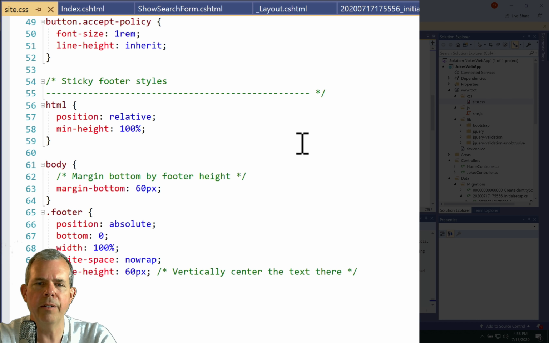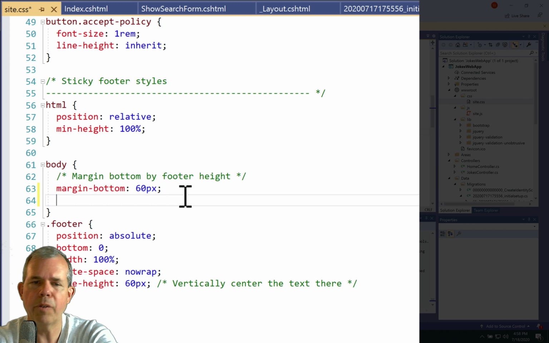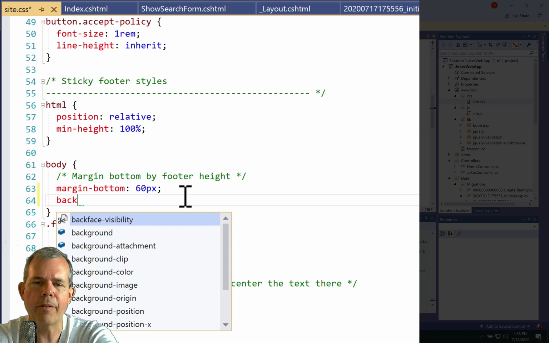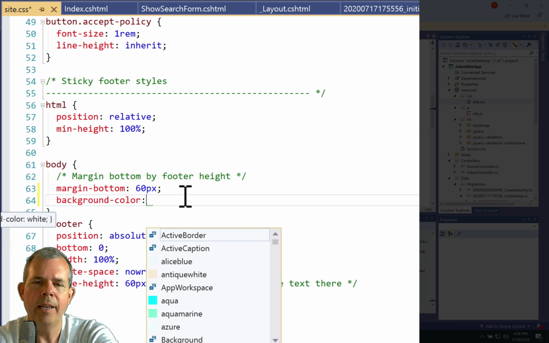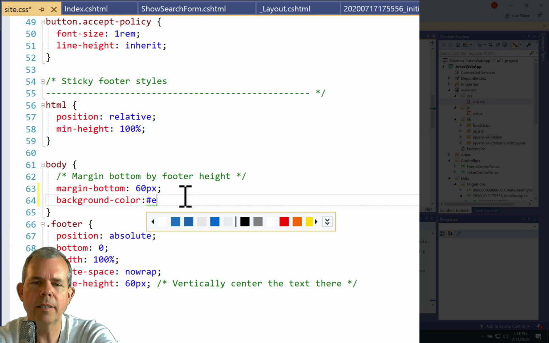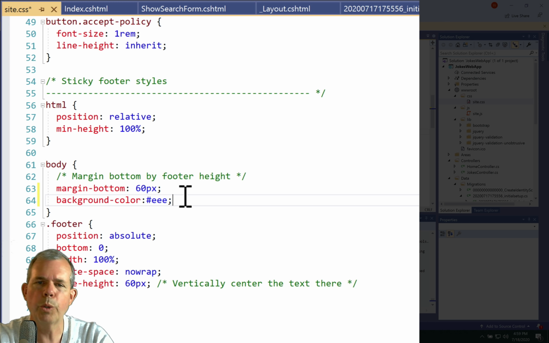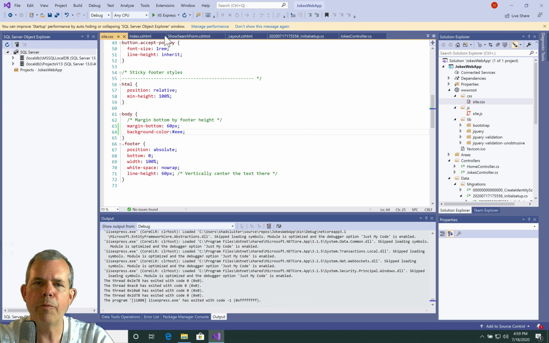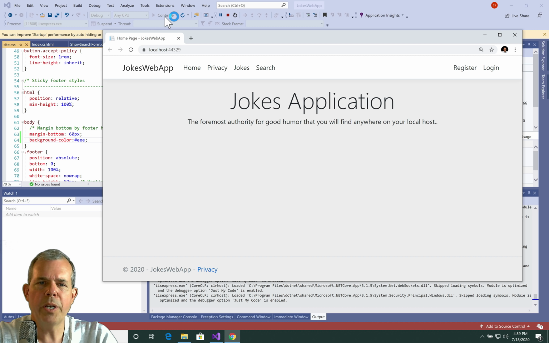I'm going to scroll down until I come to body. Let's just change that to a different color. So let's try background-color as an option. And then I'm going to pick something that is just a light gray. So how about triple E? I'll save that and run it. Okay, so I got it up and running, and it looks like I have a light gray background that I